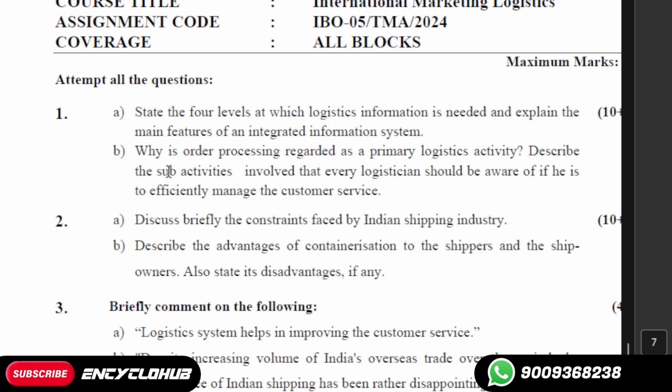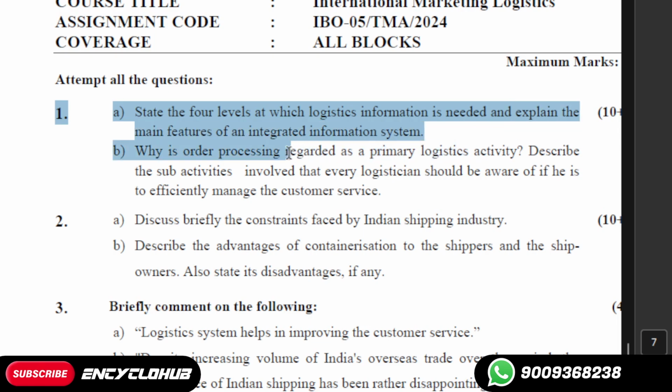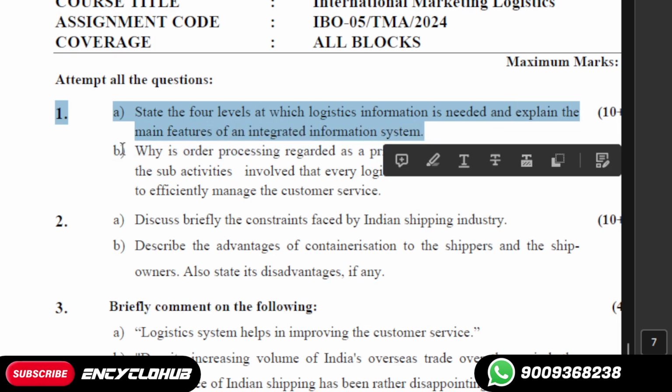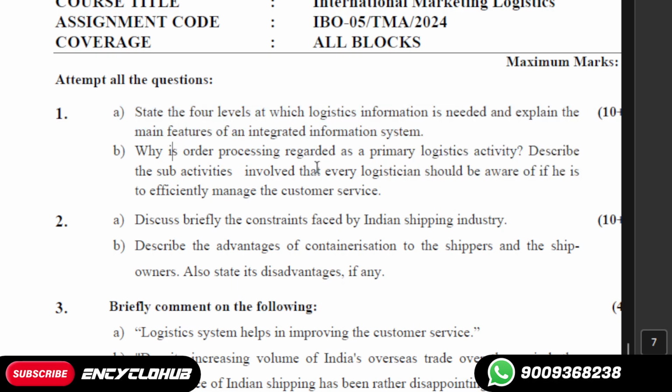So now, question number 1, which is: state the following four levels at which logistic information is needed and explain the main features of an integrated information system. And why is order processing regarded as a primary logistics activity? Describe the sub activities involved that every logistician should be aware of if he is to efficiently manage the